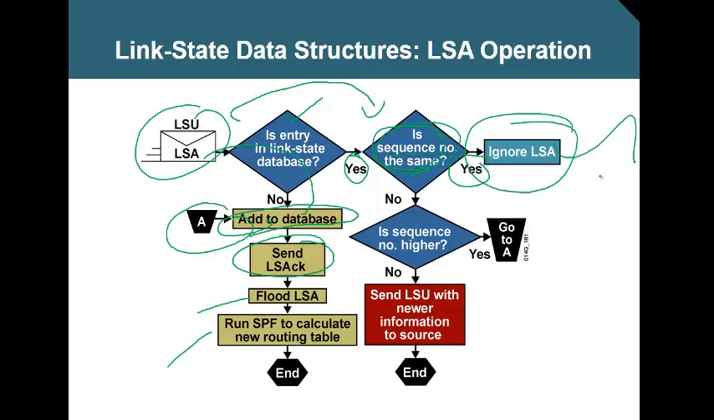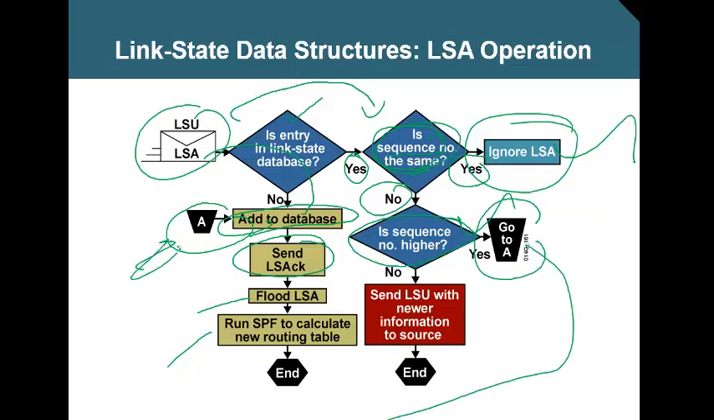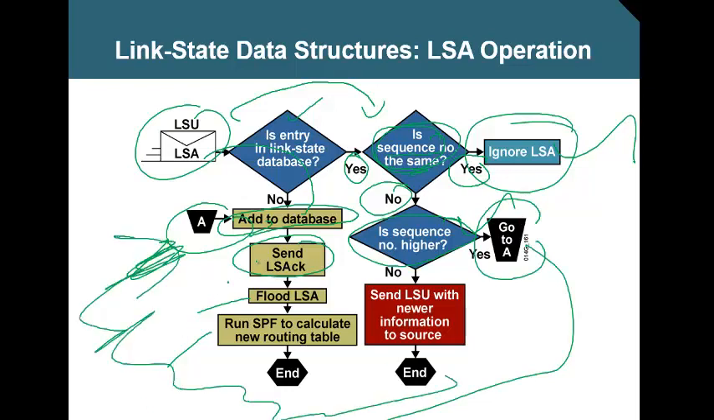If it is a different sequence number, I check whether it is higher. If it is higher, it means a new update, and I need to go to A. Add it to my database, send an acknowledgement, flood it to the rest of the neighbors, run the SPF, end the process. But if incoming is not higher,